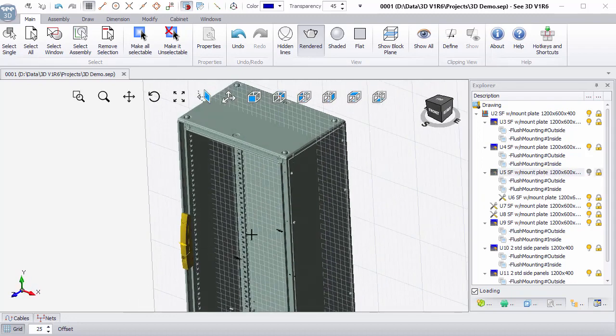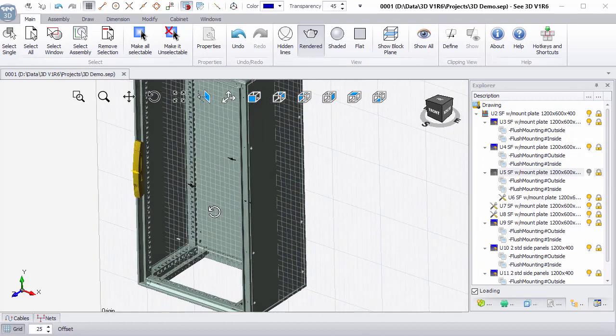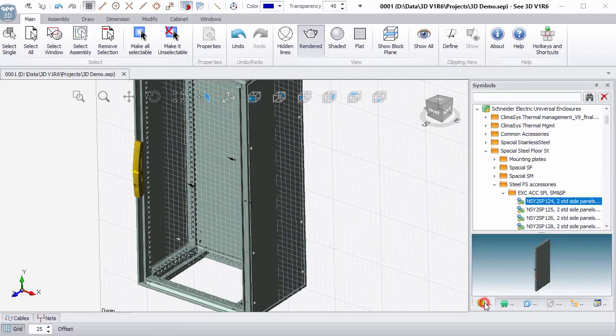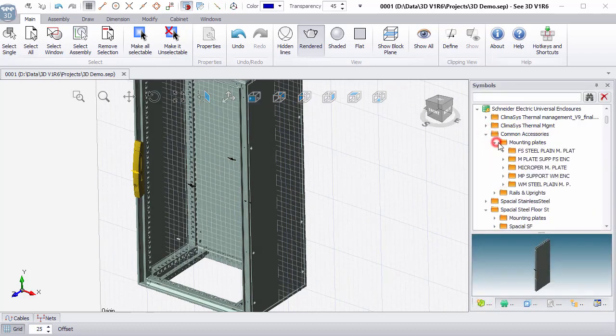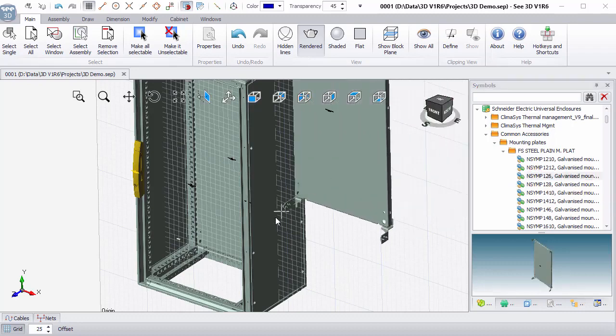So I can now see the enclosure in the background. What I'm going to do is now place a gear plate. So I'm going to scroll up to common accessories, go to the mounting plates, steel plate, and I need one that's 1200 by 600, so I'm just looking down the list here, and I can see that this one should